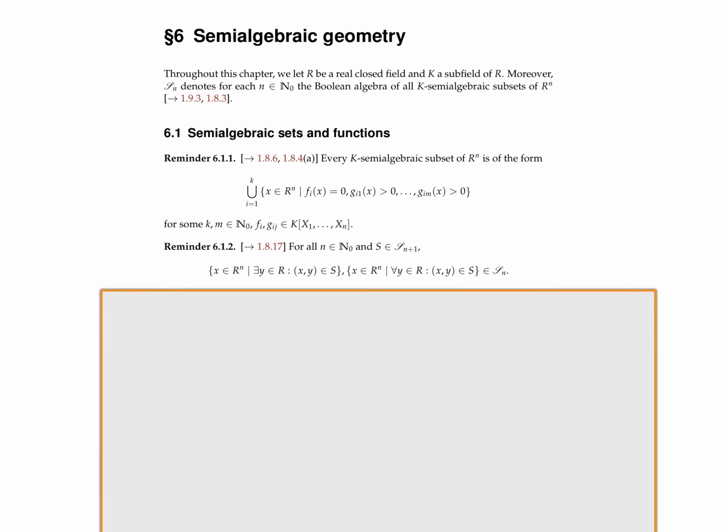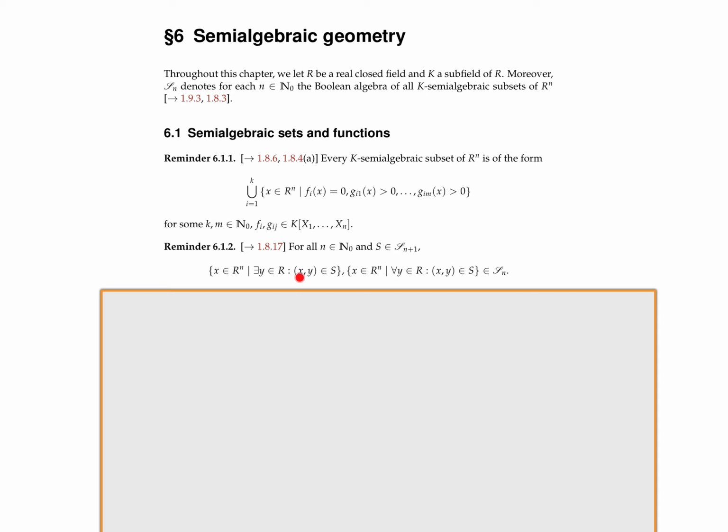That was quite easy to prove. One of the tricks was that finitely many equations can be combined by forming a sum of squares of polynomials into one single equation, and so on. So that was quite easy. And then reminder 6.1.2: for all non-negative integers n and for all semi-algebraic subsets S of R^(n+1), we have that the set of all x in R^n such that there exists a y in R such that (x,y) lies in S